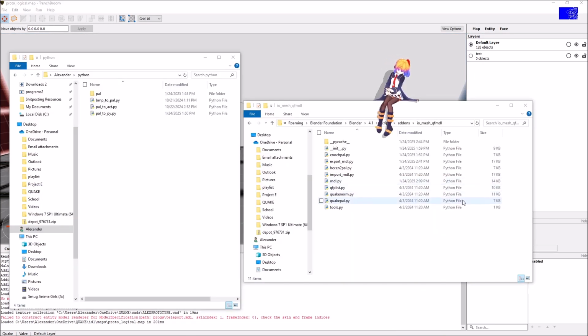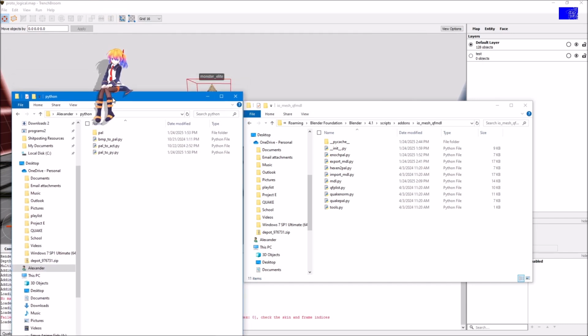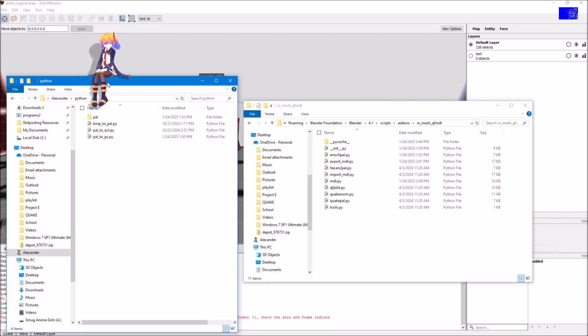So in order to get my own custom palettes into the Quake MDL exporter, I had to have some basic Python programs in place, getting set up with the custom palettes for Quake. I used ChatGPT. I don't normally use ChatGPT for coding, but for Python, which I really have no desire to properly learn, I had it write some tedious programs,